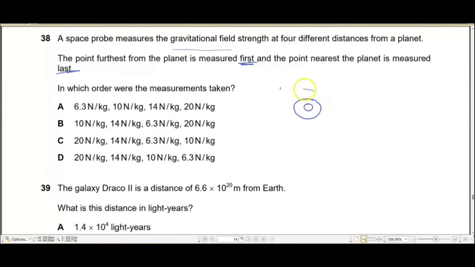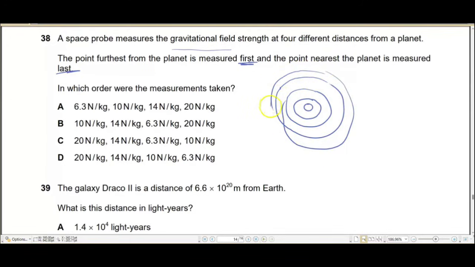And as the distance increases, the gravitational field strength reduces. So the point furthest from the planet, measured first, is going to have the least gravitational field strength, and the point nearest to the planet, which is measured last, is going to have the highest